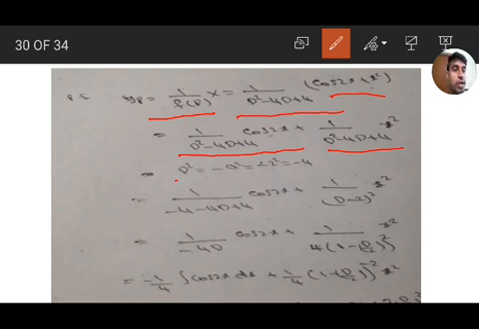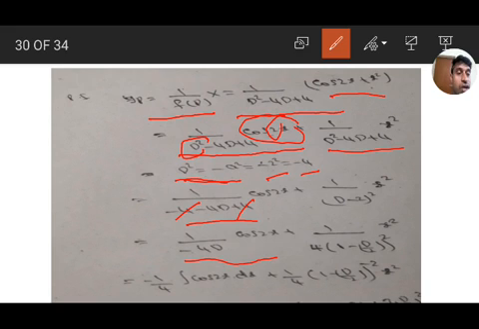Here we use the second method for cos ax, substituting D square equal to minus a square, where a is 2, so minus 2 square, that is minus 4. If you substitute minus 4, 1 by (minus 4 minus 4D plus 4) of cos 2x, the plus 4 and minus 4 cancel. So 1 by minus 4D of cos 2x, minus 1 by 4 outside, 1 by D. 1 by D means the inverse of D, that is integration. The integration of cos 2x is sin 2x by 2.